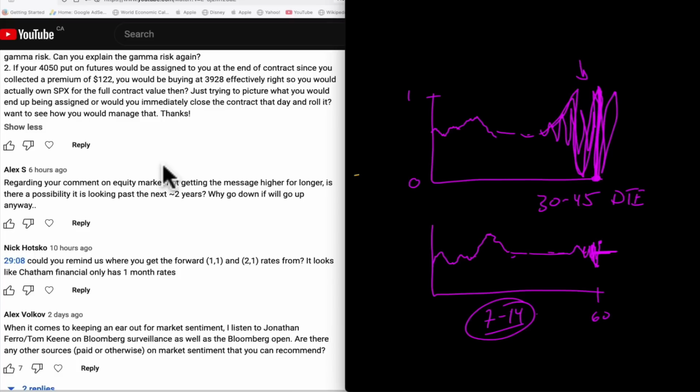The market sold off last year. Well, if we looked past the rate hikes and inflation, saying they'll eventually get inflation under control and we'll eventually have another bull market, why even go down? I would love a world where asset prices either go flat or up, because then I could just buy and go away. It would be an easy life if prices didn't go down, but they do. So the idea of why go down if it will go up, you could say that with anything. Why would the price of anything go down if it's only going to go up? But they do.